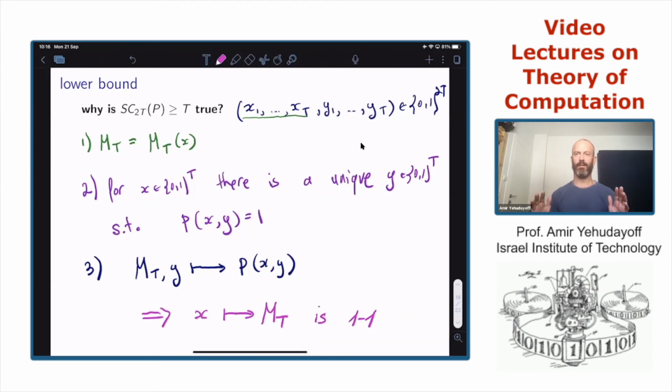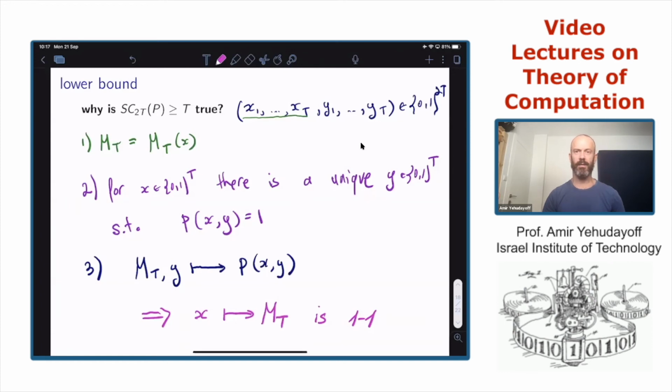If two x's are mapped to the same state of the memory, then this state for one of the two y's will output the wrong answer. So this is the conclusion from these observations, and this means that m must be at least t, because there are 2 to the t x's, and 2 to the m memory states. So this is the conclusion from all of this.